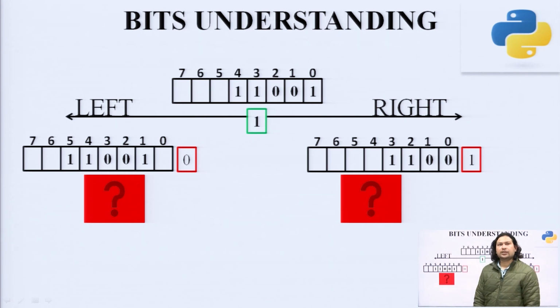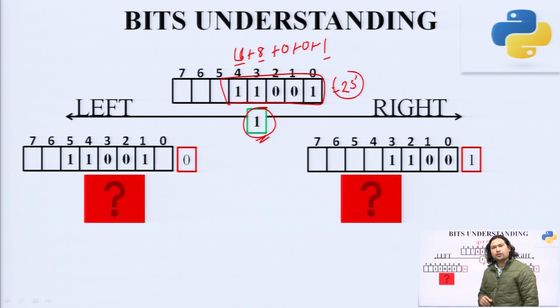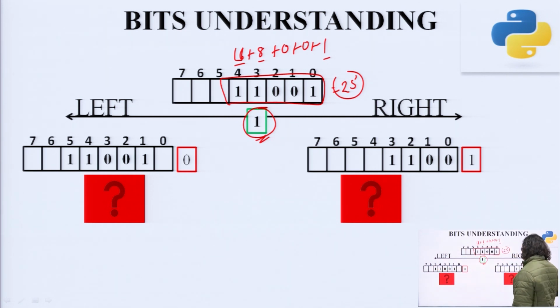Now, the last thing is to understand what left shift and right shift are, and we are shifting this number by 1. This is the binary conversion of 16 plus 8 plus 0 plus 0 plus 1, that is 16 plus 8 is 24, and 25. So, it is the number 25 represented as a binary number, and we are trying to shift it by 1. Left shift means you shift the whole block towards the left side. Similarly, for the right shift, you shift the block towards the right.